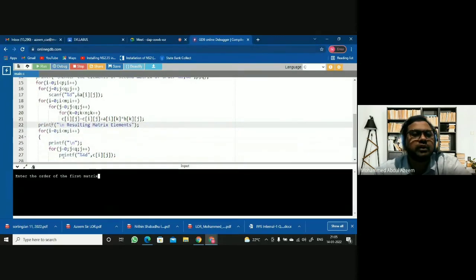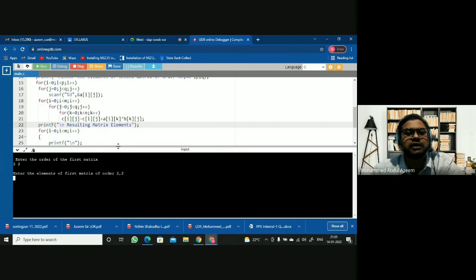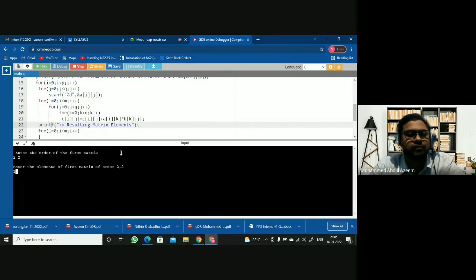Okay. So enter the order of the first matrix. It is saying now. Let us take first with order of 2 by 2. I'm going with square matrices in order to demonstrate here for the sake of simplicity. You can work it for any order because our program is customized one. Just for the sake of convenience, I'm taking a smaller size matrices, 1 and then 2 and then 3 and then 4.